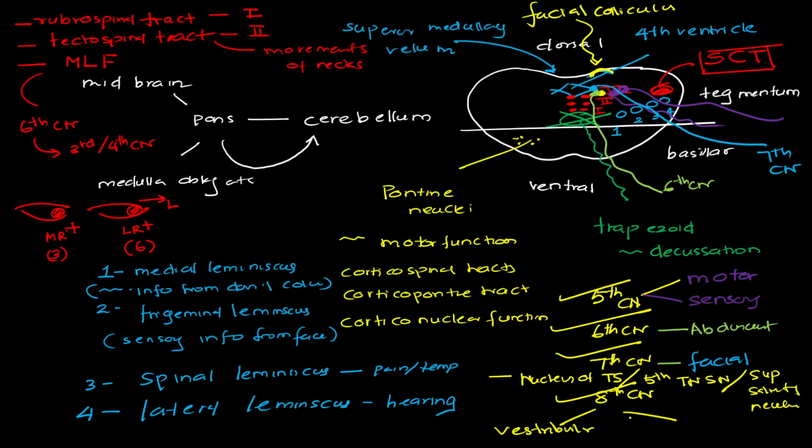And in addition to that, you get the cochlear nucleus as well. The cochlear nucleus is involved in hearing. Information comes to the cochlear nucleus via the nerve fibers that carry auditory information,